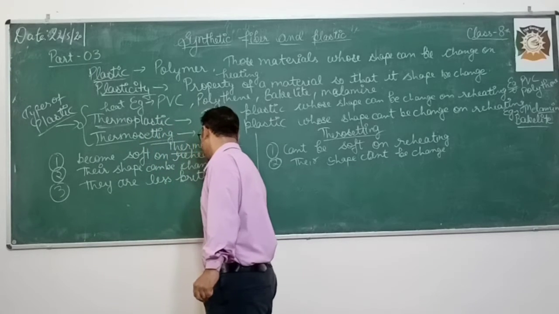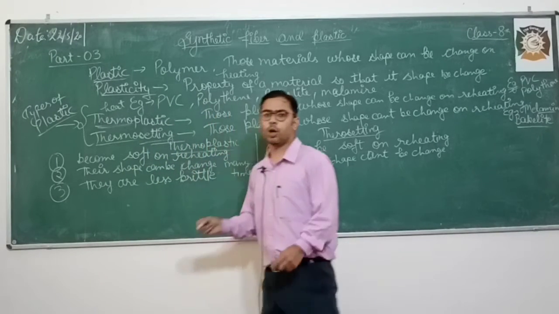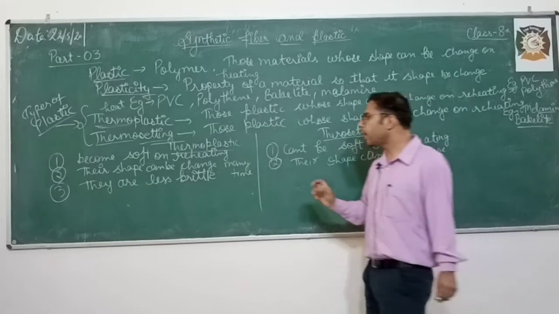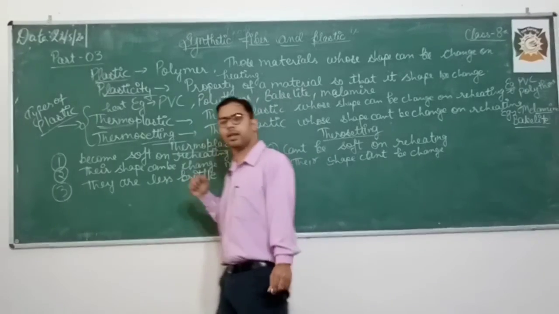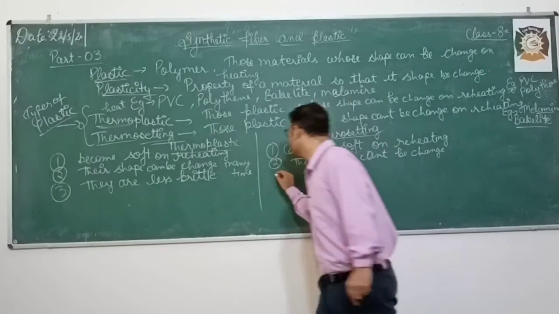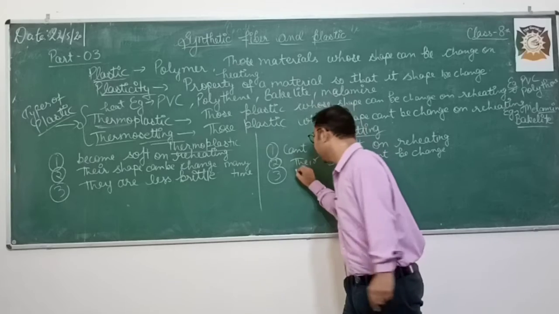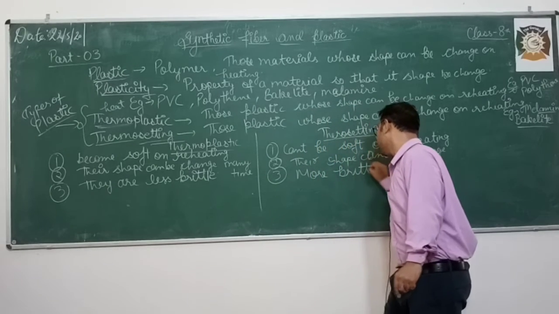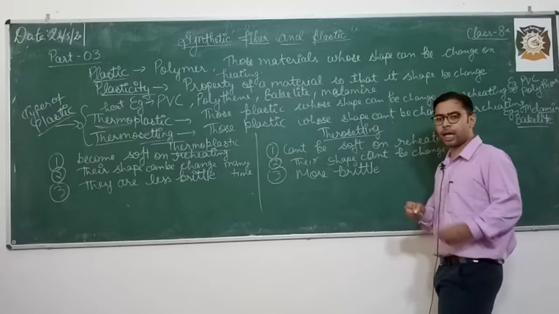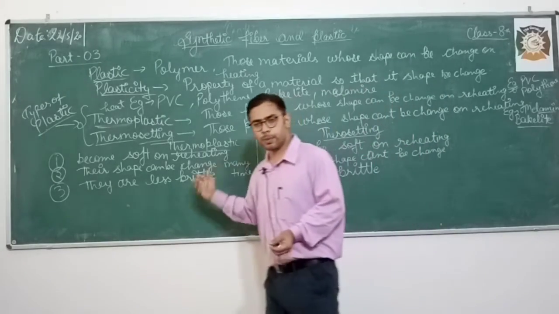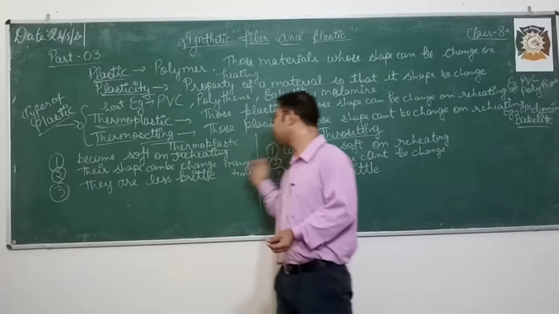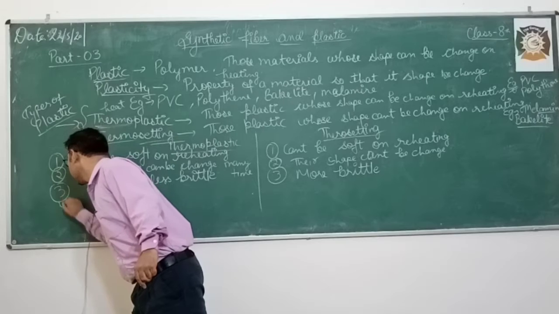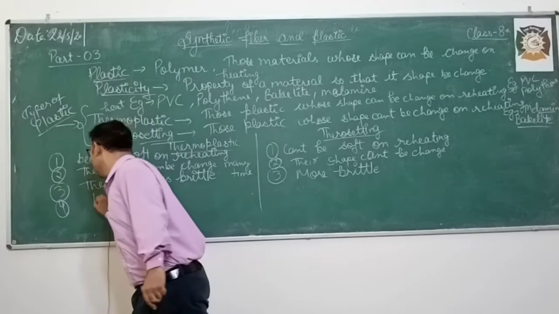Brittle means whenever you break or whenever you apply force on any material, it breaks into pieces. So what happens? Thermoplastic is less brittle in nature, while the thermosetting plastic is more brittle in nature. That means it simply breaks down into small pieces, while thermoplastic does not break down simply as compared to thermosetting plastic. Okay. Now next one, they have linear chain,